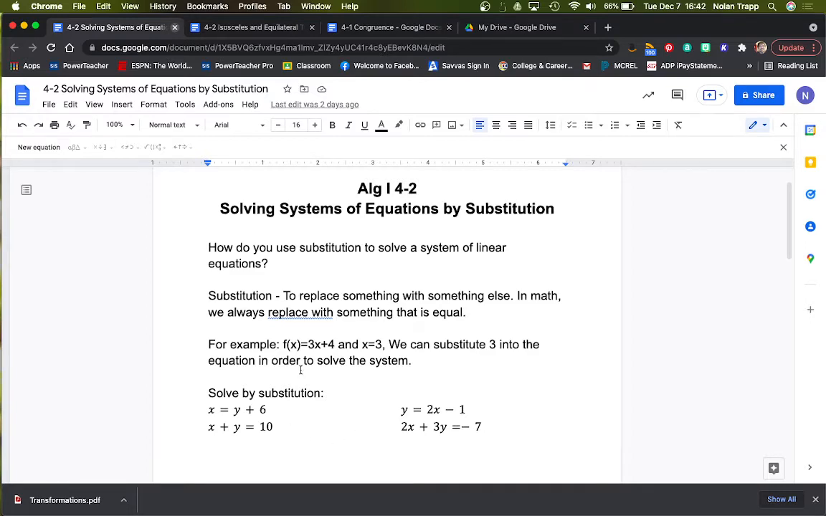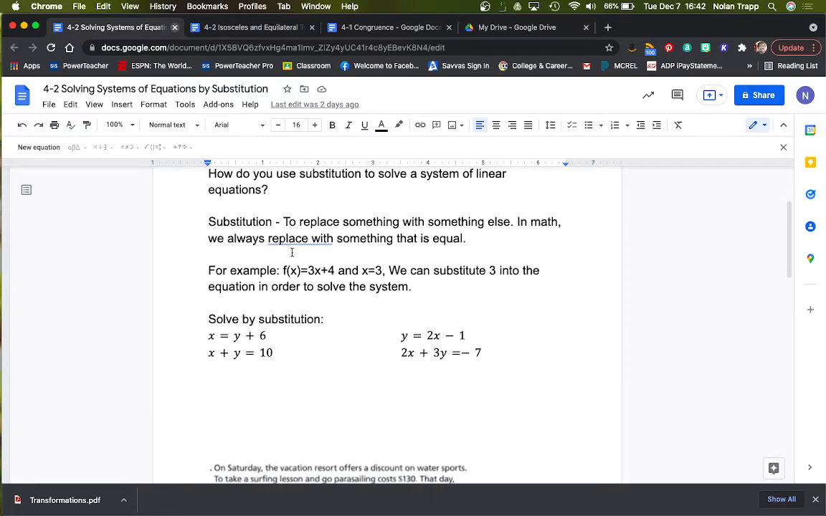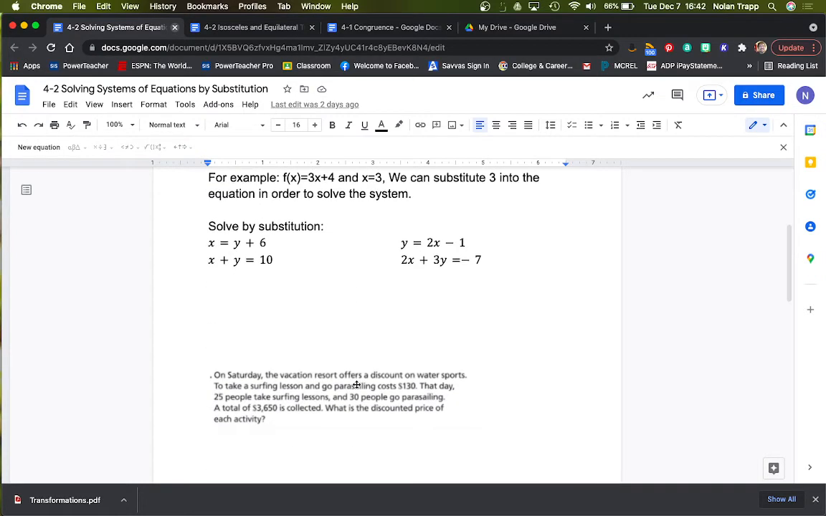So, for example, if I had two expressions where I told you 3x plus 4 is equal to f of x, and a second expression where x equals 3, I can take 3 and plug it in for x, which we do all the time. We're going to do the same thing on these. We're just going to plug in more than just little tiny things. So like this first one here,